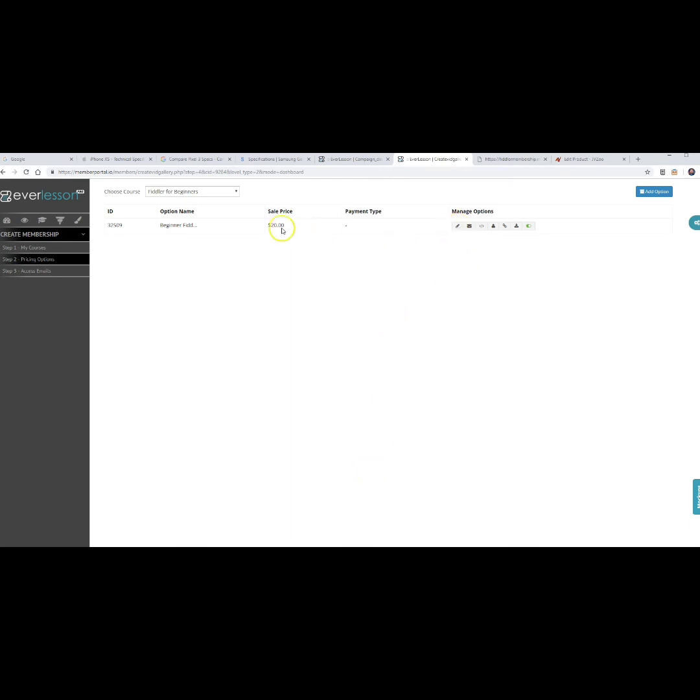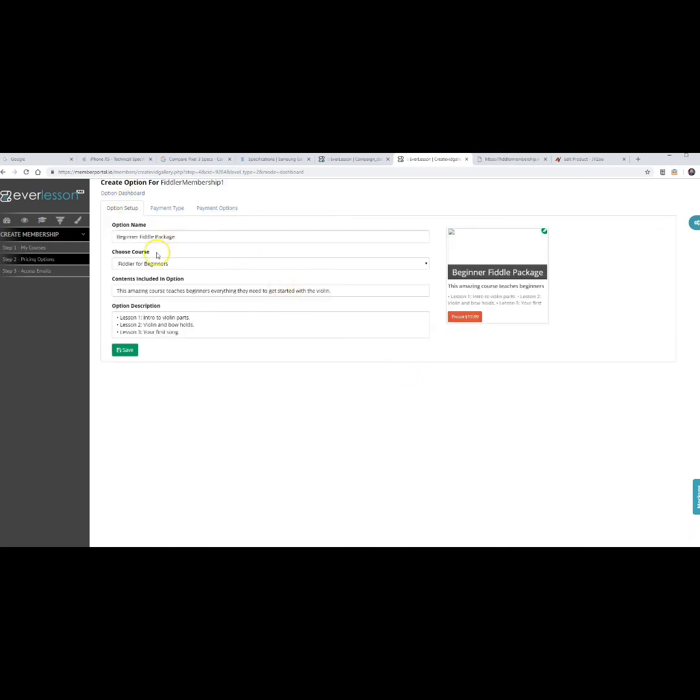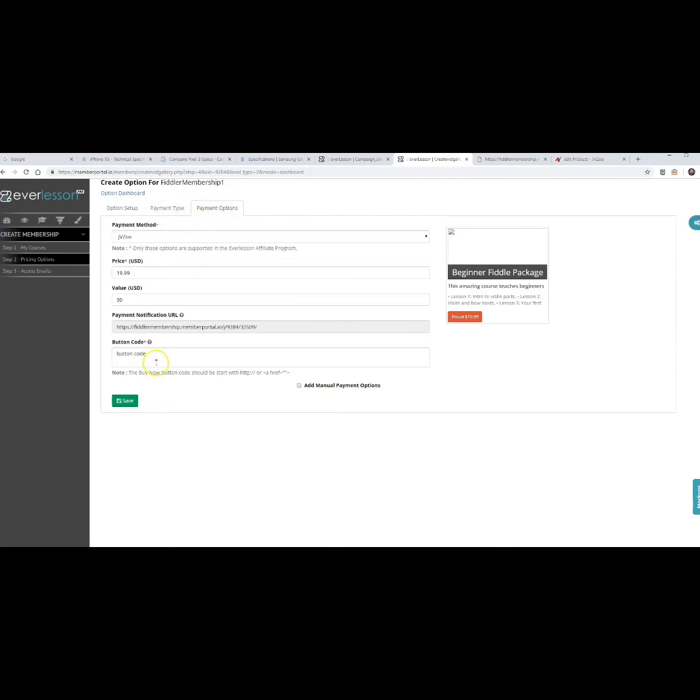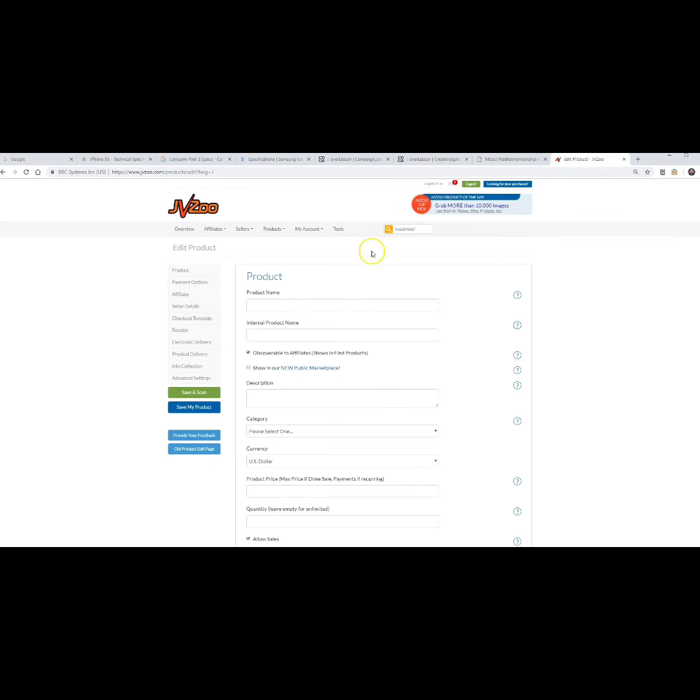I'm going to go ahead and hit edit for our sale price of $20. And we've got all of this stuff filled out already from the previous lesson. It is a one-time payment, as we determined already, and for payment options we went with JVZoo. JVZoo is a great digital product marketplace and payment platform. And what we need is an actual button code, which means we have to actually create this product in JVZoo. And when I say product, I mean product listing, so that JVZoo has something to process. So we're going to come over to JVZoo,